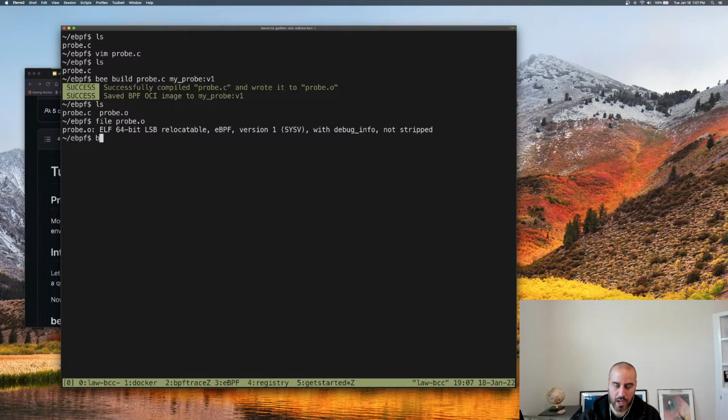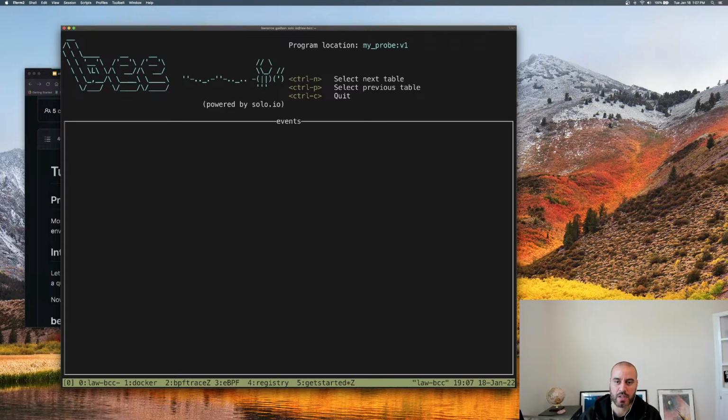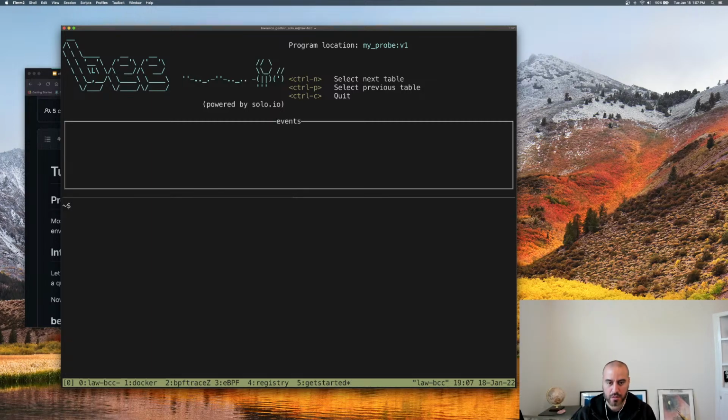So what we can do is run it now with b run and then the name of the image, my_probe v1. This is the runner, the actual tool that we built that, since we used Bumblebee, means we didn't write any user space code. But it does know that there is a map called events that we want to print events for, and we also know the format of that based off of how we defined that struct. So if we open up another pane and we make some network requests, for example, to that 1.1.1.1